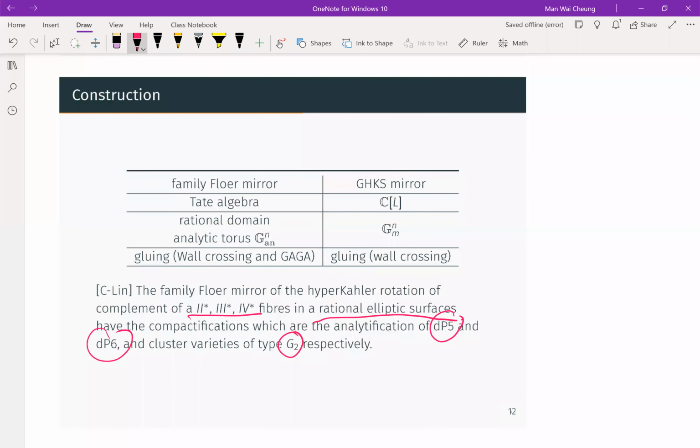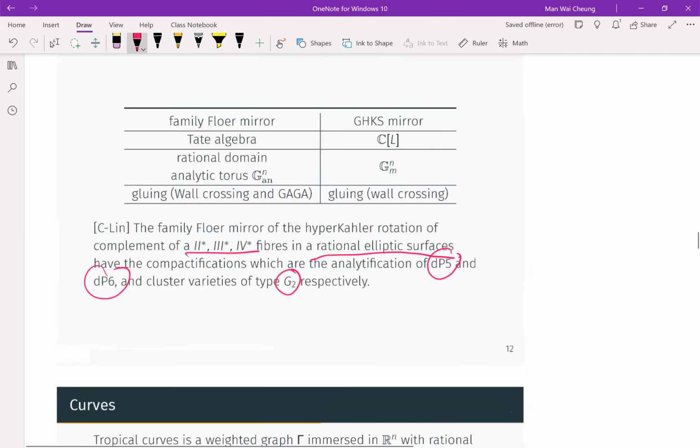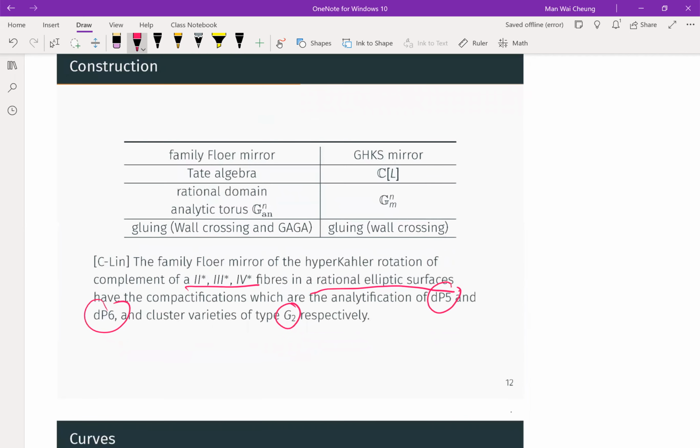Like the theory was there, but is there any example? It's unclear. But then you can see the two things nicely match together, and then we give the example. But you can see this is only 3 examples, so we can ask, can we do more than that? Just a basic question. So if you're talking about, say, a type A, B, C, D, or whatever cluster variety,